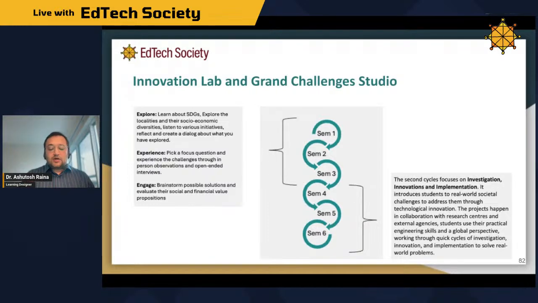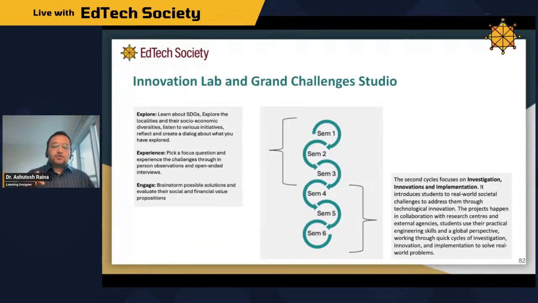This course or this studio is actually going through iterations. It's a very new idea, and a lot of how to conduct such a course is unknown. So this is from the time when I was at Plaksha and we were designing the course. Now it has been divided into two cycles, where you have semesters 1, 2, 3, and 4, 5, 6. So 1, 2, 3 are actually focusing